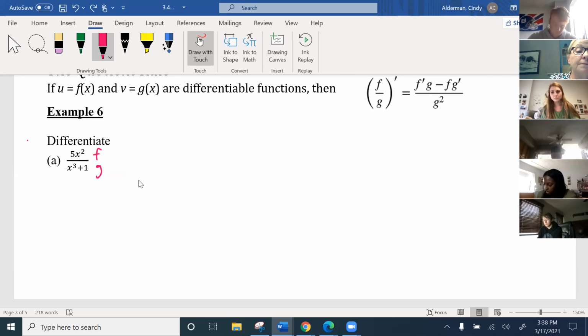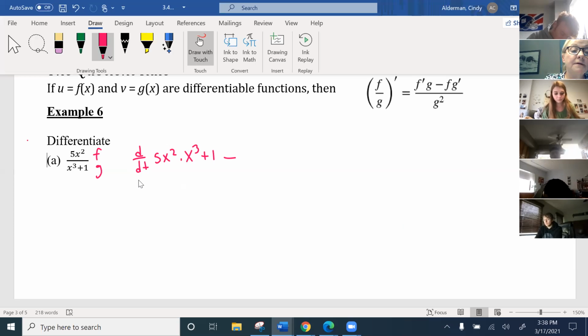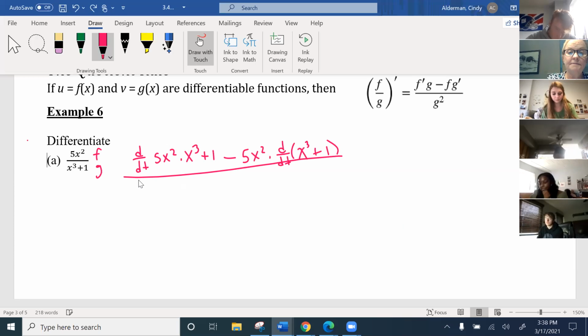Okay, so basically I want to take the derivative of F, which is 5x squared, and multiply it by whatever the G function is, which is x cubed plus 1. And then I'm going to subtract that from the F function, 5x squared, times the derivative of the G function, which is x cubed plus 1. Then divide it by whatever my G function is,